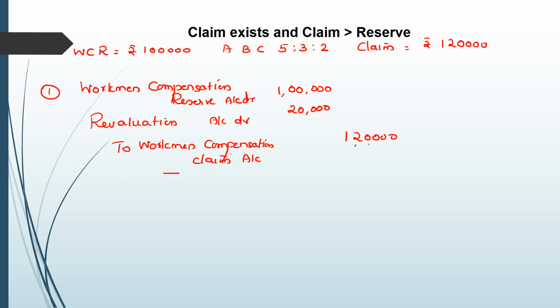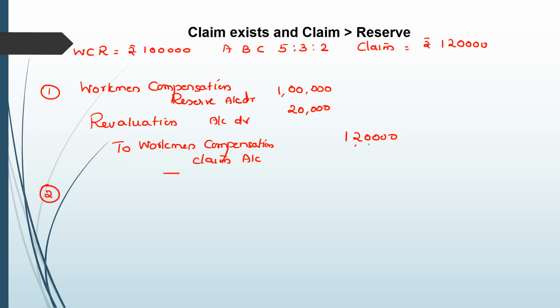So that is the way we deal with the entire reserve utilized and the shortfall debited to revaluation account. Only in this situation, as you open revaluation account, there is a debit to revaluation of 20,000. You should close out that debit. So you will be passing one more entry where you will be crediting revaluation account, and revaluation account, you know,